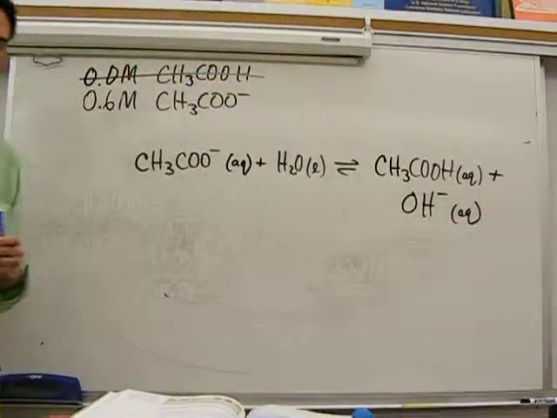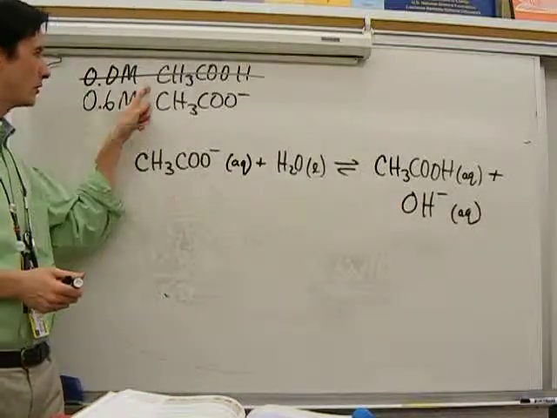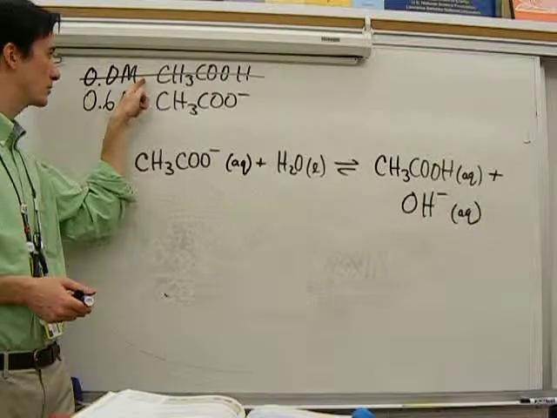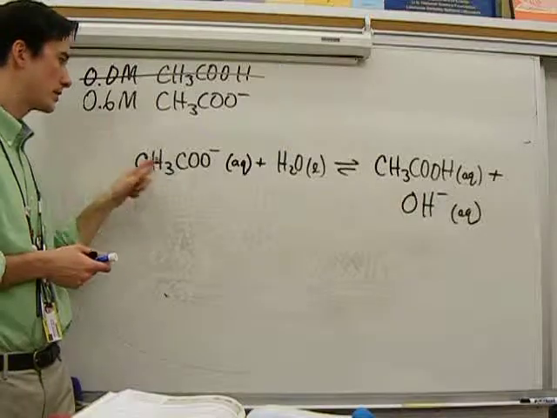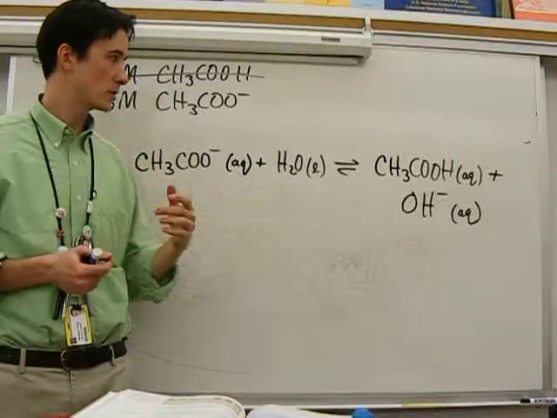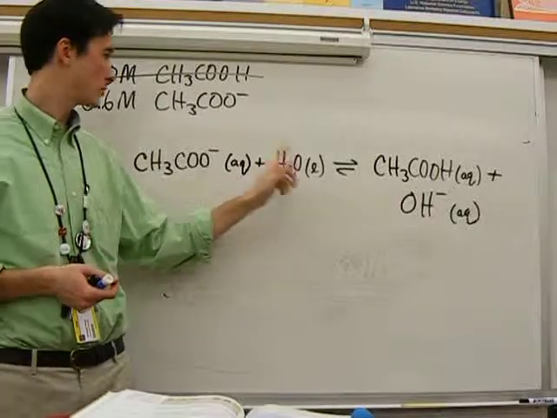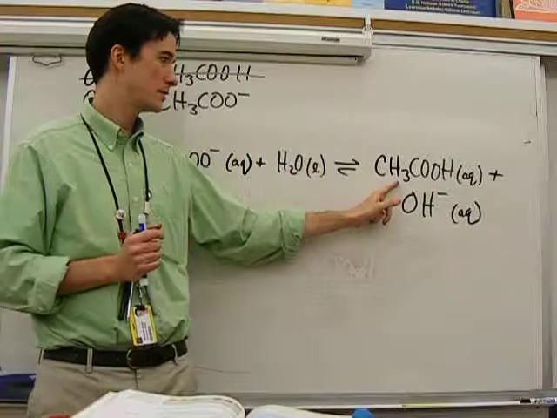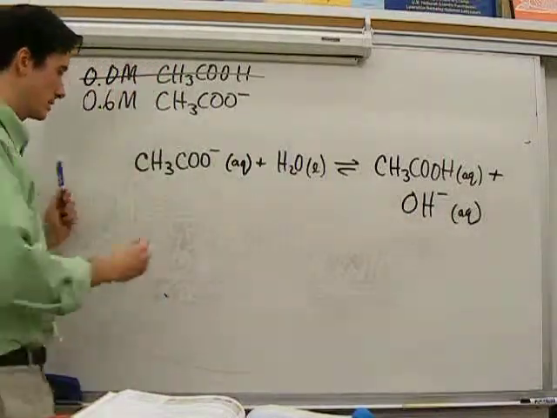When it does that, it's going to produce hydroxide. So what we have now, we no longer have a situation where we've got an acid in the water. What we've got is its conjugate base, and only its conjugate base. So now we can think about this expression. We're not going to worry about the water. We're going to worry about the acetate producing a little bit of acetic acid and a little bit of hydroxide. So we can write this as